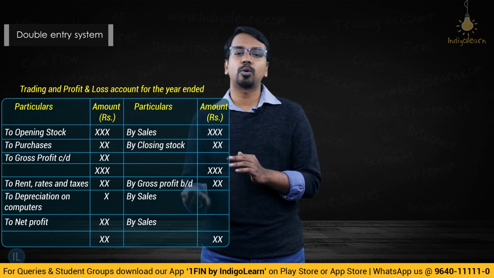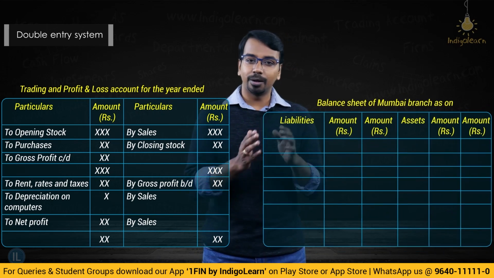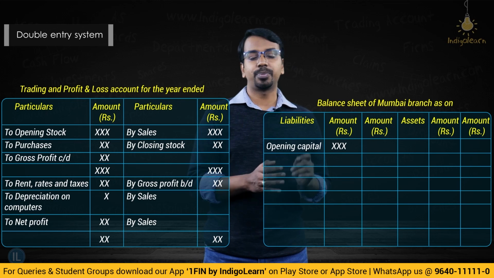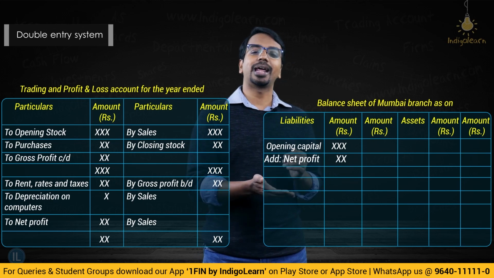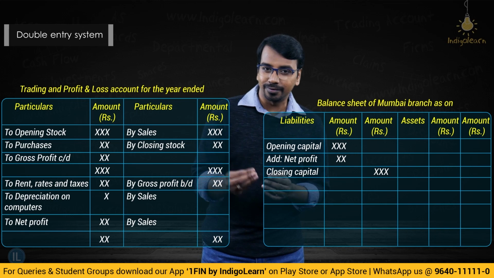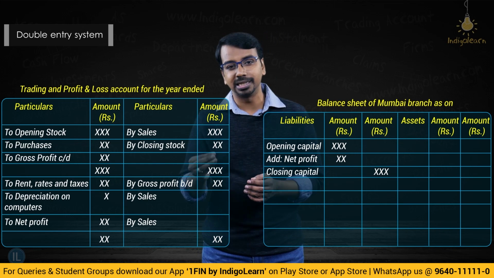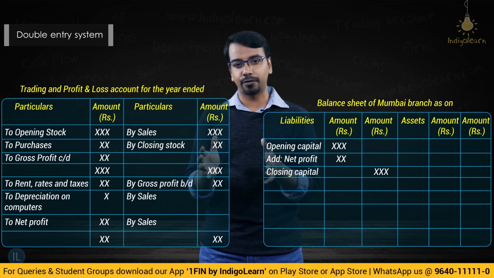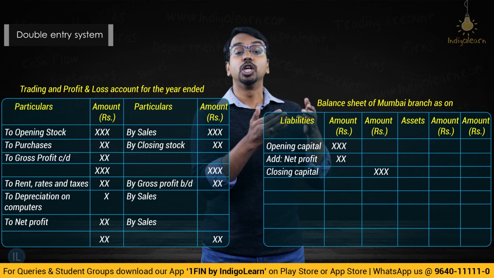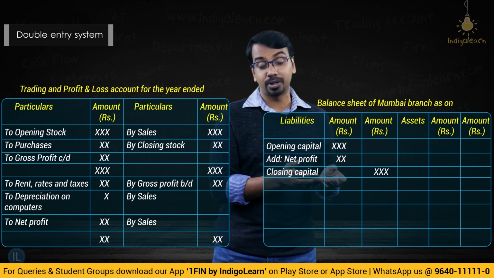You would take this net profit to the balance sheet. Now in the balance sheet, we used to have opening capital. Now to that opening capital, we used to add profits to arrive at the closing capital, assuming there were no further investments, there were no further drawings in the period. So we have this profit number. That profit number, if you add to the opening capital, you will get the closing capital, which is shown in